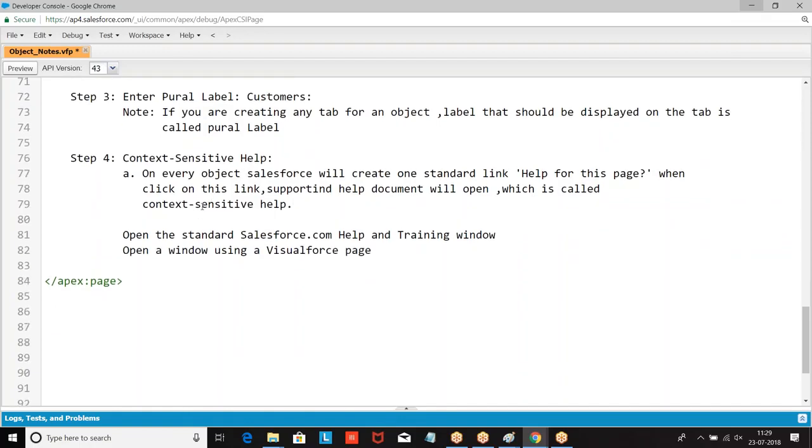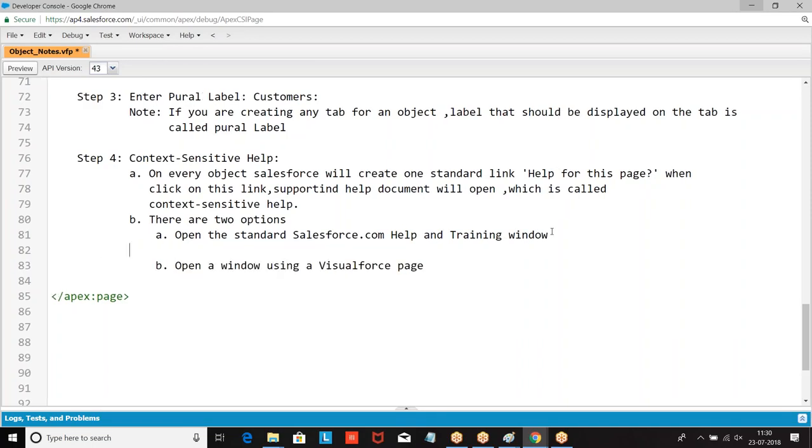There are two options. Open the standard Salesforce.com help and training window, or open a window using Visualforce. If you choose the first option, the Salesforce standard help page will open.